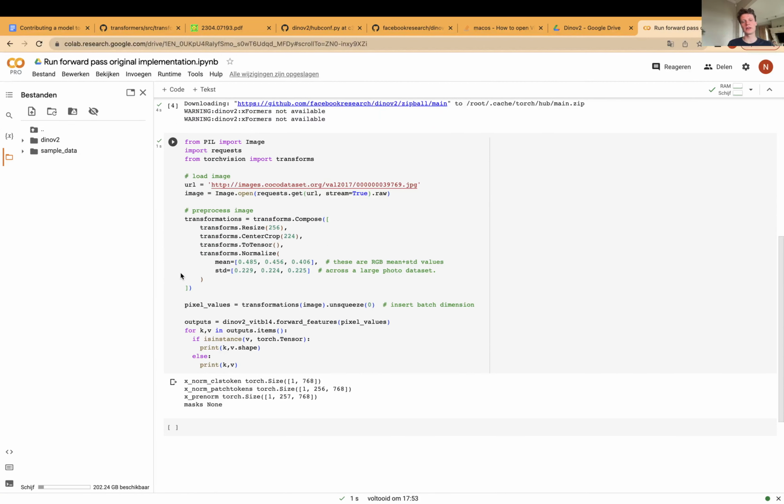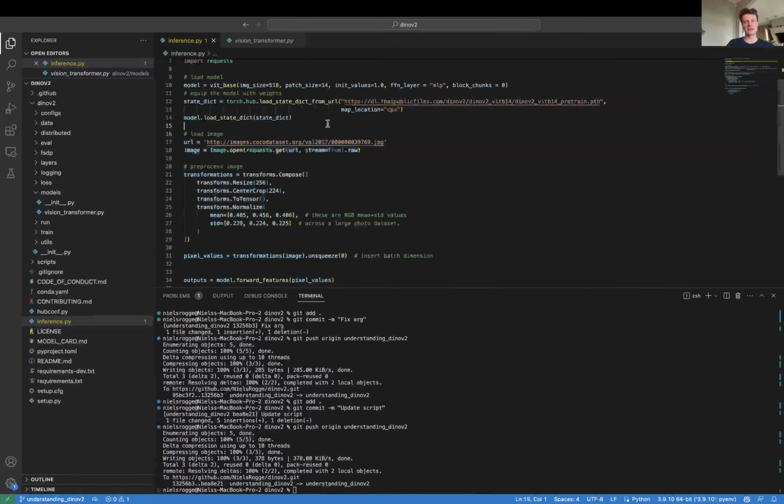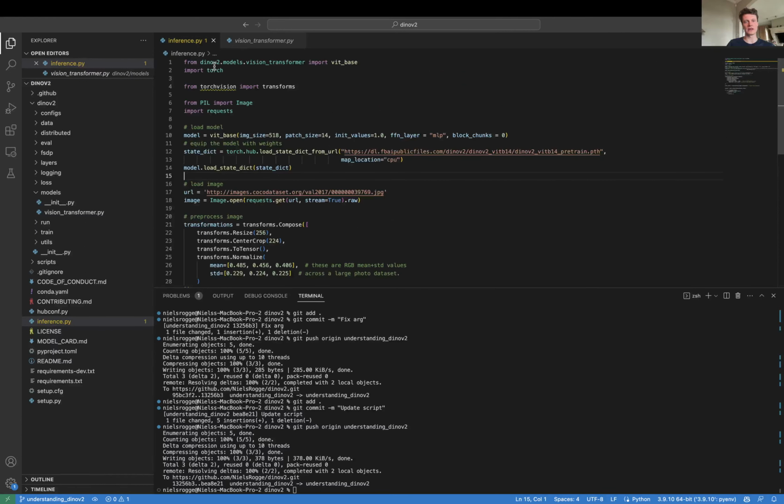So now we are quite familiar with how we can instantiate a model. There are basically two ways. You can either do it as we did in the inference script, so you import it from this folder. And this is usually how you would need to do it if you are working on a random model that doesn't provide its model using Torch Hub or another kind of API. Then you would have to write a script like this